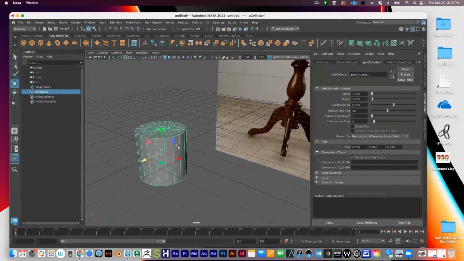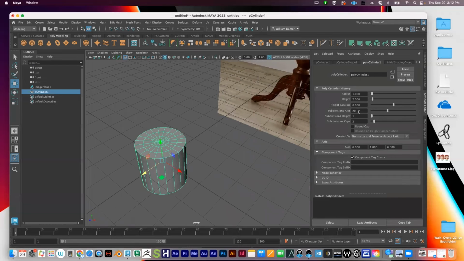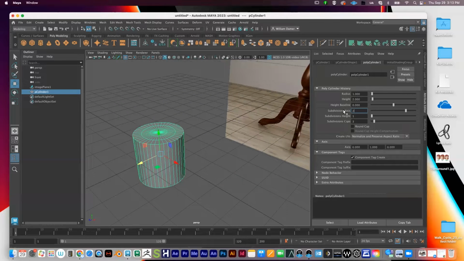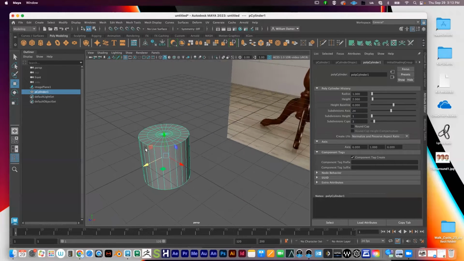And additionally, setting this up, I like to give this a subdivision axis that's divisible by 4. You can choose virtually any number you want. I think for the demo, I might have done something like 24. You could set it all the way up to 40. It just depends on your taste. And from there,